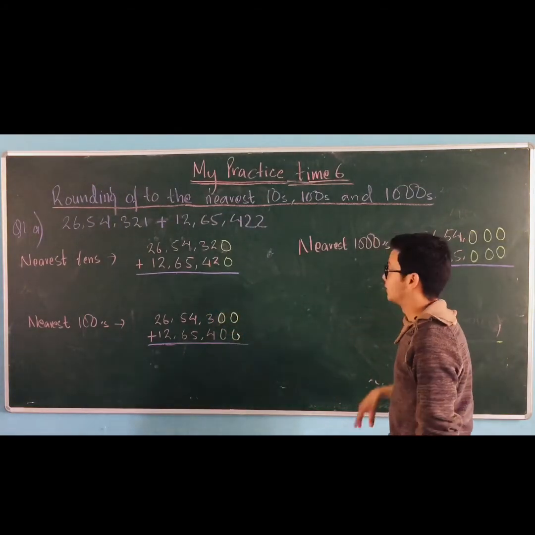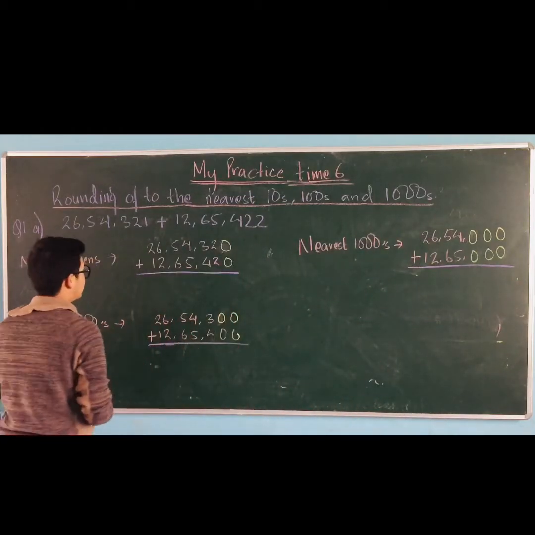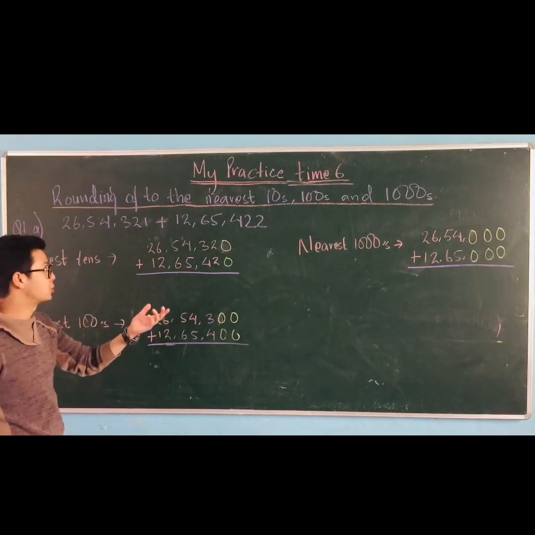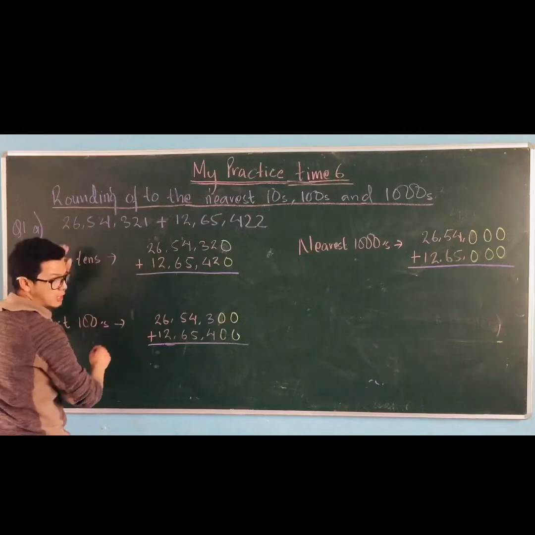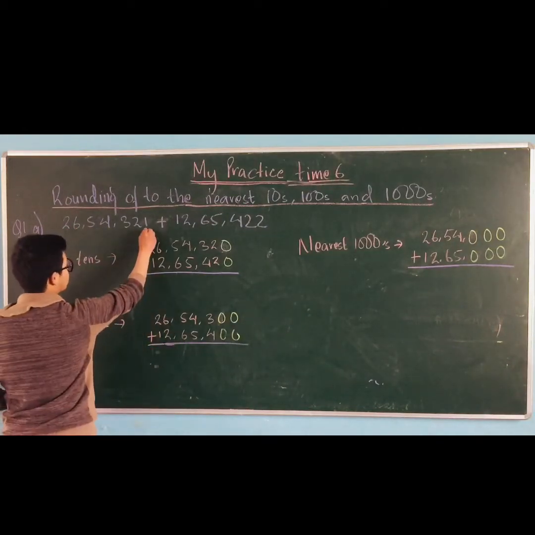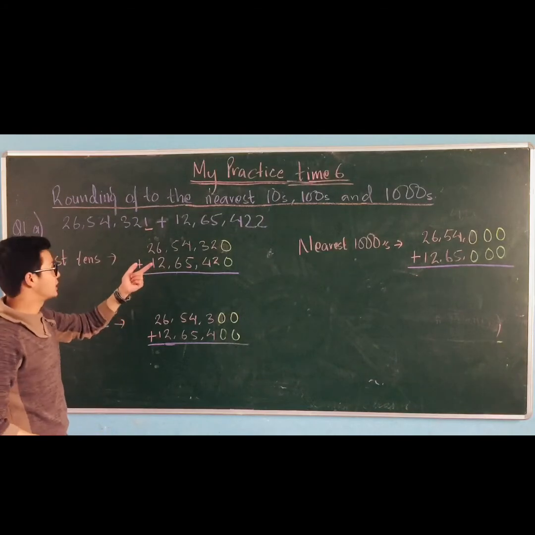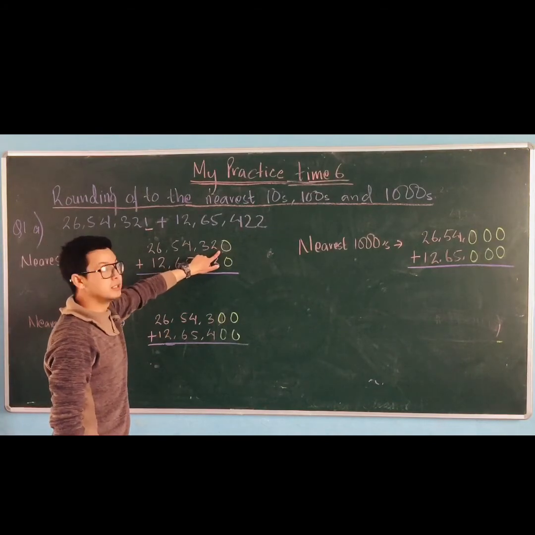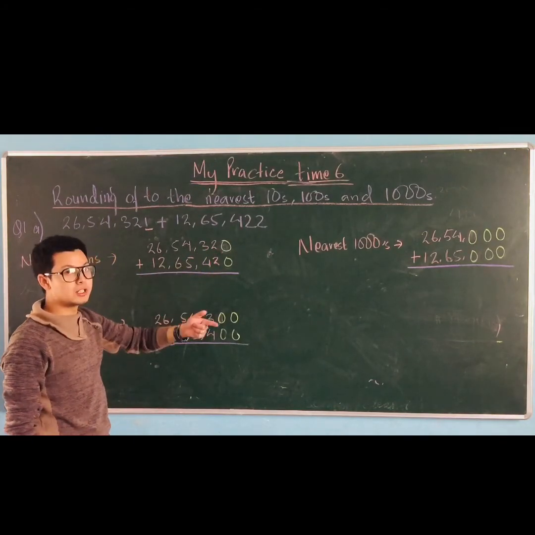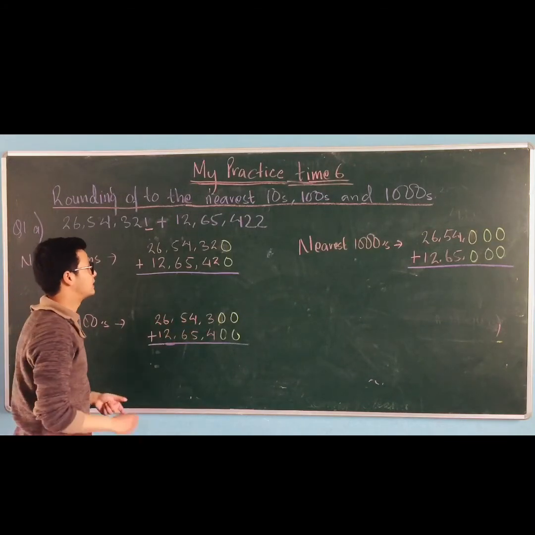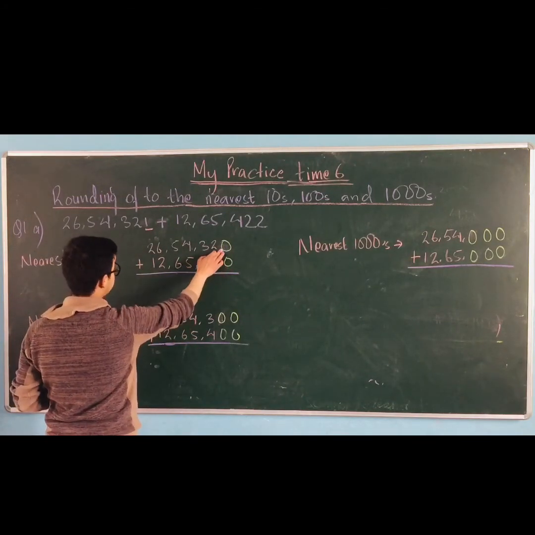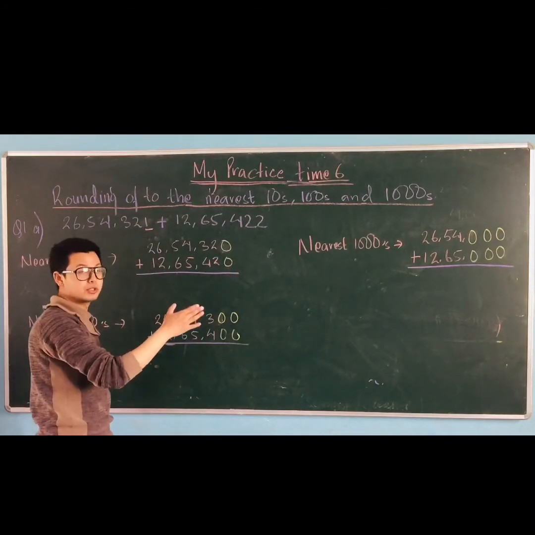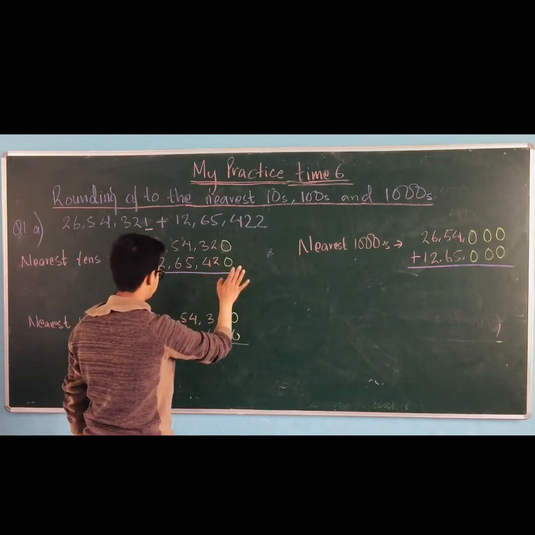Okay, so as I said, when we are looking for the nearest tens you have to check the digit that is in ones place. In this case the digit in ones place is 1, right? Since we are checking for tens, the digit in ones place is 1, which is less than 5, so I have written 0. The numbers that I have changed I have written in different colors so that it will be easy for you to understand. So this becomes 0, and similarly in this case, since 2 is less than 5,